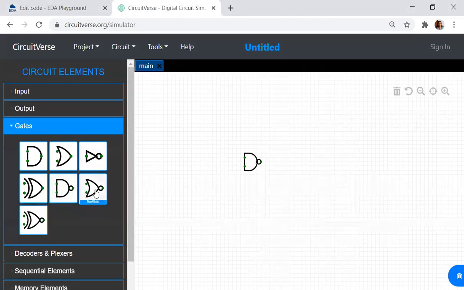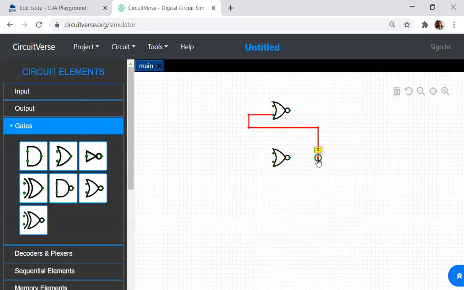Now these are two NOR gates, because we had two NOT gates, two NOR gates. Now what happens over here? This acts as the input to the next NOR gate, and this is acting as the input.